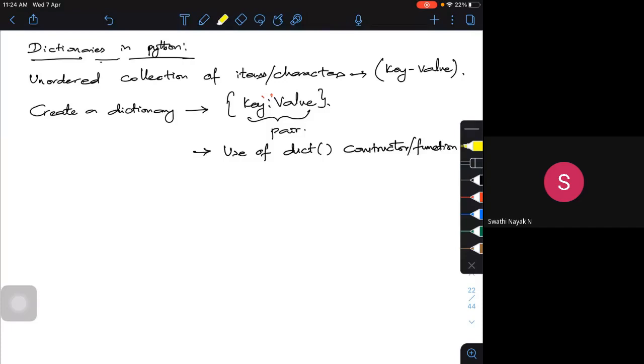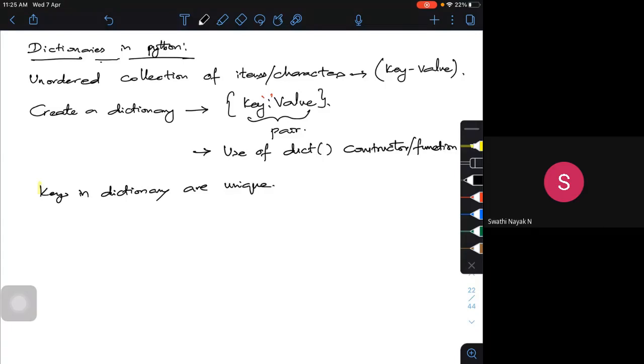When I have these key values, keys in dictionaries are unique. One major difference we look into in dictionaries is the key. The keys in a dictionary are unique.